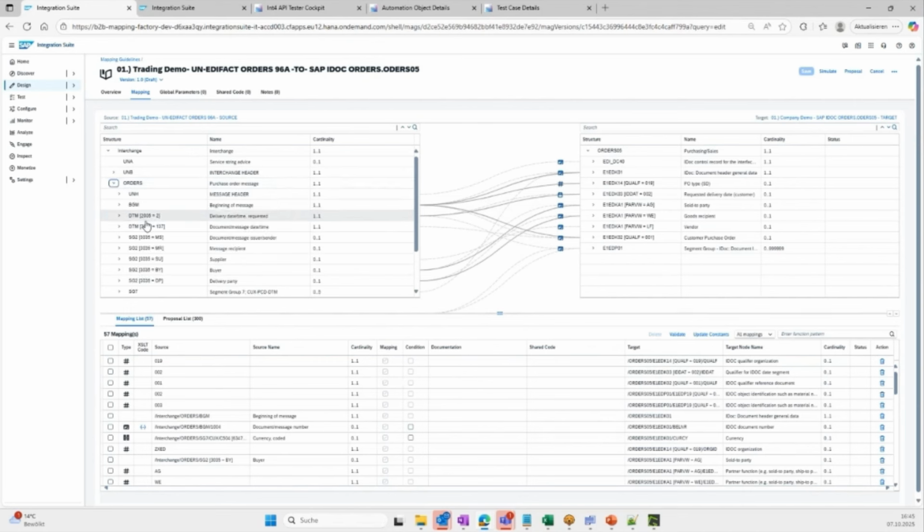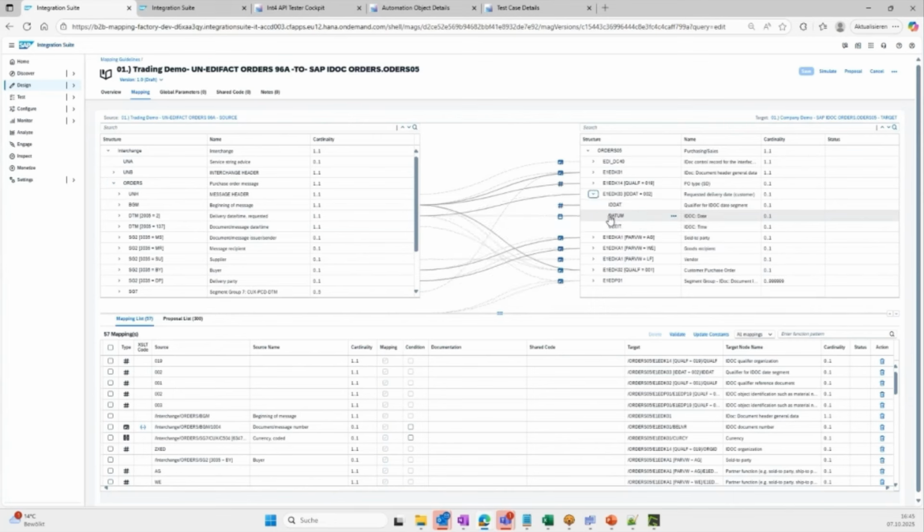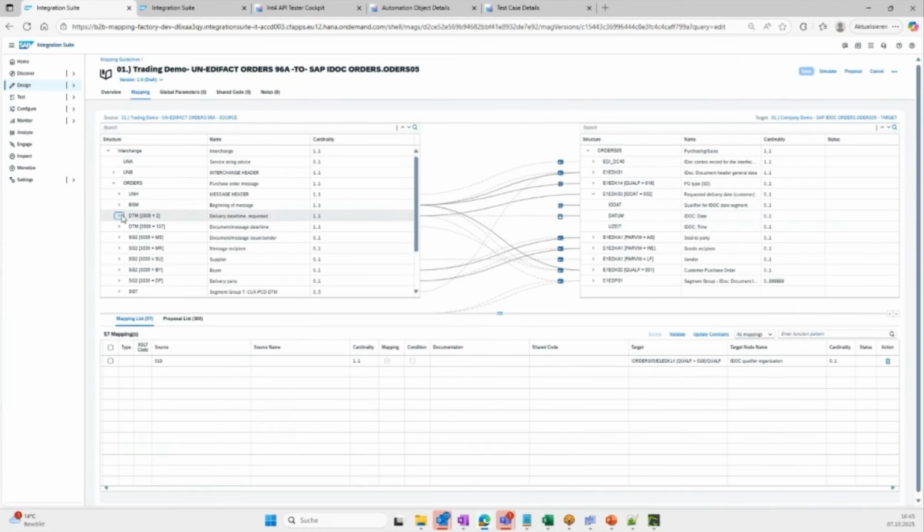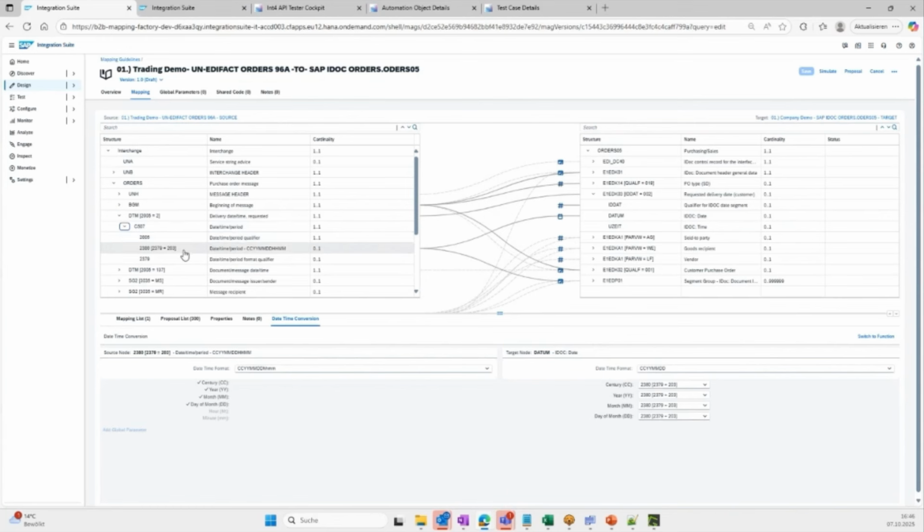That's why it's always also important to qualify the segments, because that gives you then later on the meaning of the field. And here I have the requested delivery date, okay? And I just simply mapping now that to